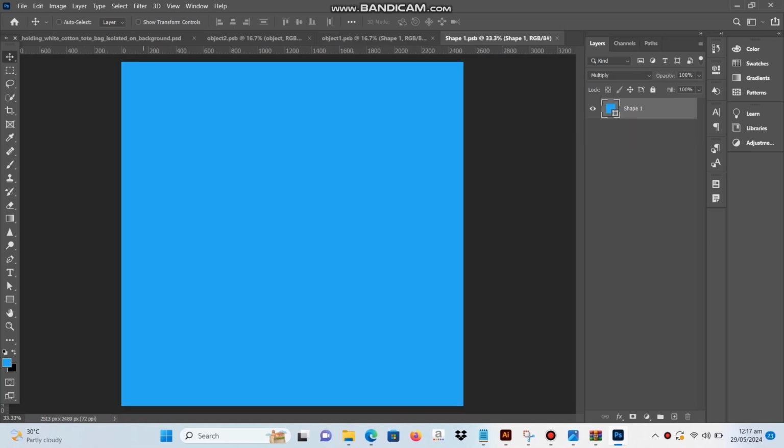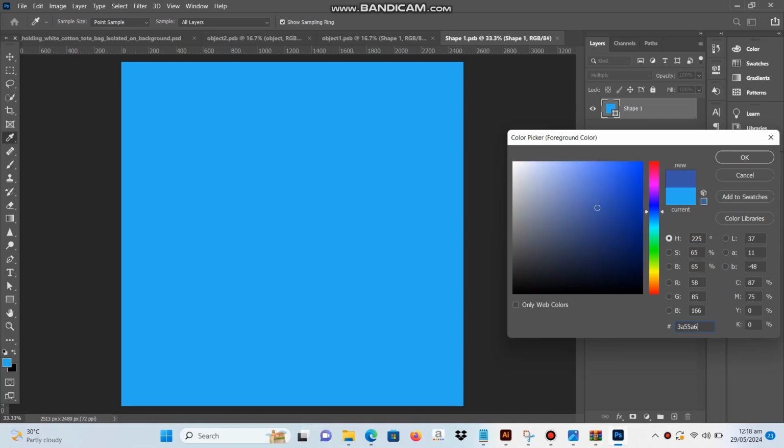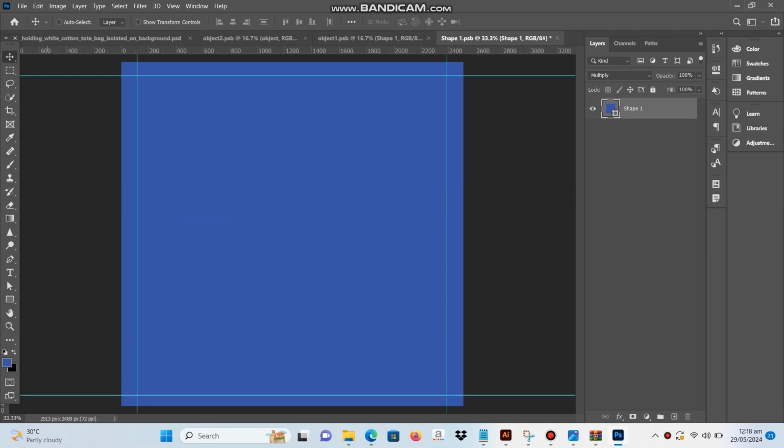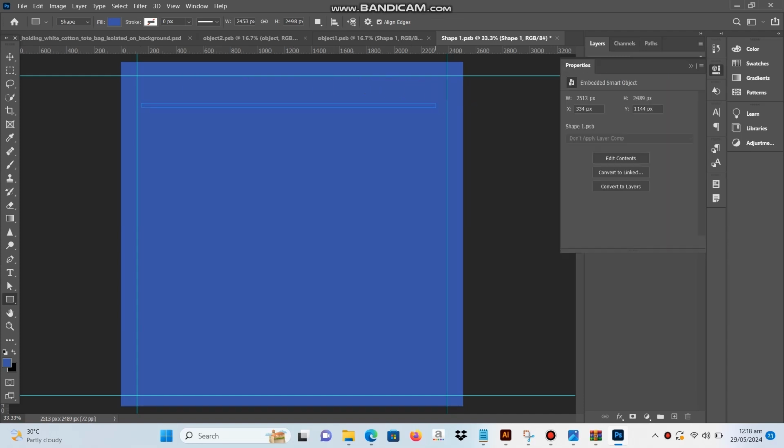Then it's time to make a bag mock-up. I'm not going to tell you the size here because size depends on the mock-up. Whatever mock-up you take, just take the size according to that, and you don't need to design separately. Just design it in the mock-up. It will really help you and save your time for further things like this.